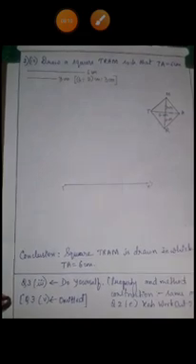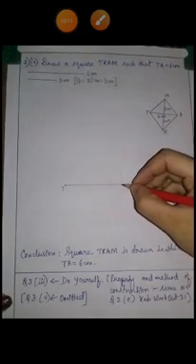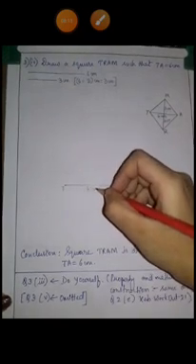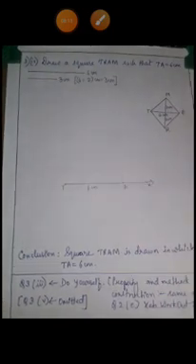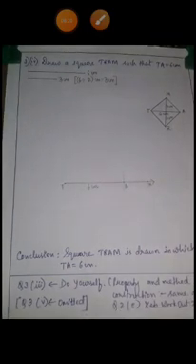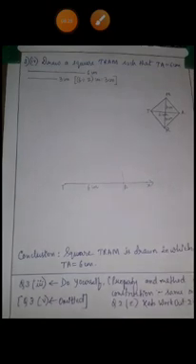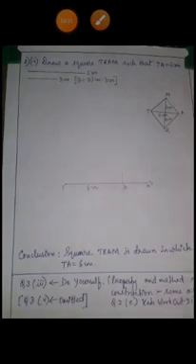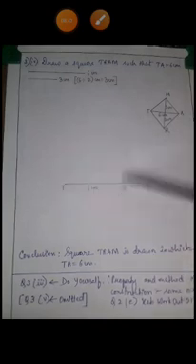So you are placing the pointer in this way and cutting the arc. And you will get this point A. So TA is 6 centimeter. Now students, just now I have told that in a square, the diagonals bisect each other at 90 degrees. So here we are drawing the square, and here also the diagonals will bisect at 90 degrees. So for this case, you will have to consider the perpendicular bisector. You will have to draw the perpendicular bisector of this line segment TA.